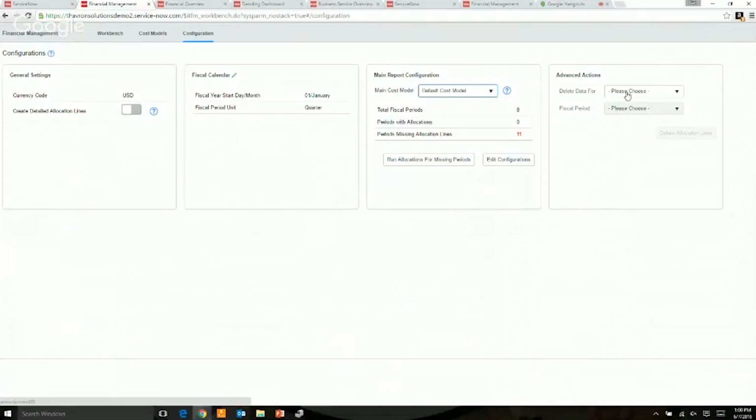If you have to go through, for some reason you're backing out, you're going to delete data for a certain segment or a certain cost model or a certain time period, you can also use this tool in here to do that rather than going into the back-end tables and running scripts. So this gives your financial management admin a little bit of control over the data without having to have admin controls to those tables. In Helsinki,